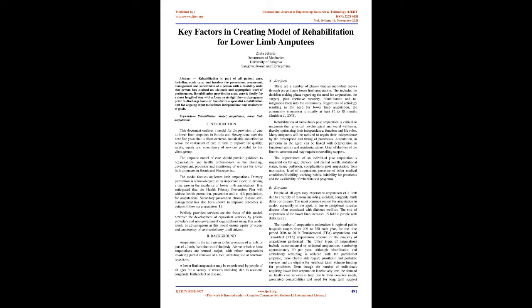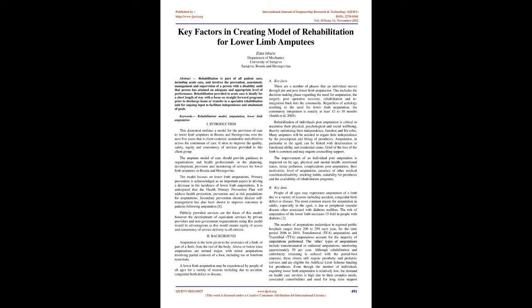The improvement of an individual post-amputation is impacted on by age, physical and mental health, nutritional status, tissue perfusion, complications post-amputation, their motivation, level of amputation, presence of other medical conditions or disability, smoking habits, suitability for prosthesis, and the availability of rehabilitation programs. Key data. People of all ages may experience amputation of a limb due to a variety of reasons,